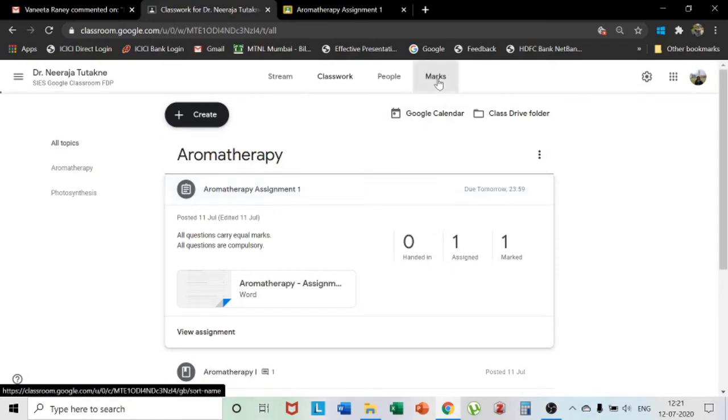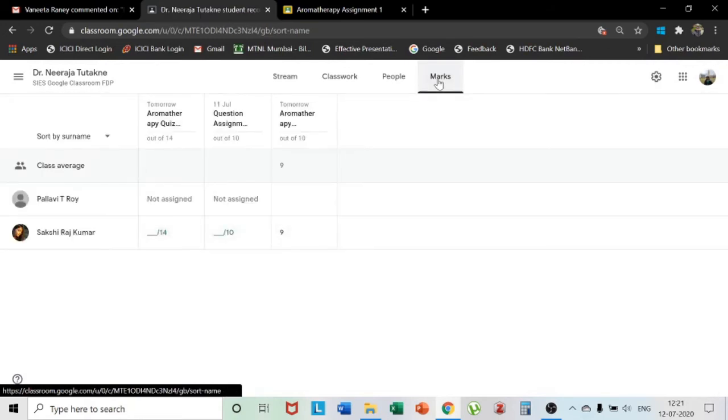If you click on the marks tab, we will go back to the same page where all together you will get a mark sheet like page, where you will see how many students there are, to how many students the quiz or assignment was assigned, and how many students got the marks. So here you can see this assignment is assigned to this particular student, but it has not been submitted yet. This student has submitted the assignment, that's why we are getting the marks over here.